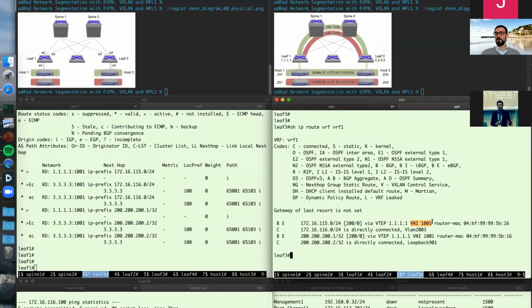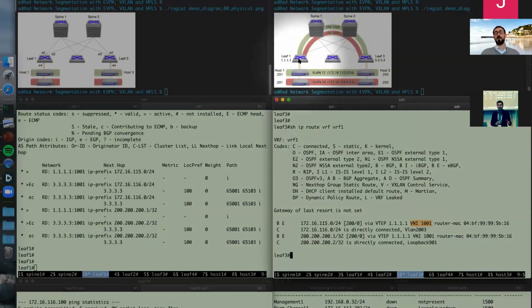So that concludes the demonstration. In addition to the layer 2 multi-tenancy demos that we had, we have now shown a tenant that has multiple subnets, and that tenant was able to do routing from an isolated subnet to its default gateway, leaf 1, sorry, from host 1 to leaf 1. Leaf 1 had the routing information to reach the remote subnet by having learned it through EVPN and its